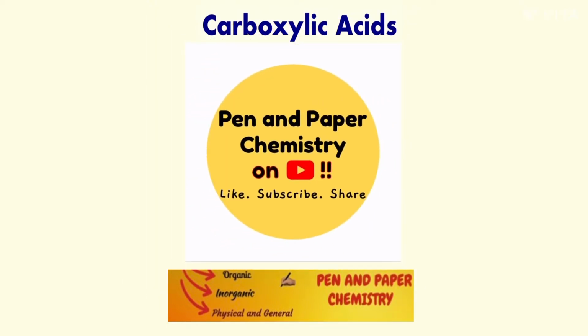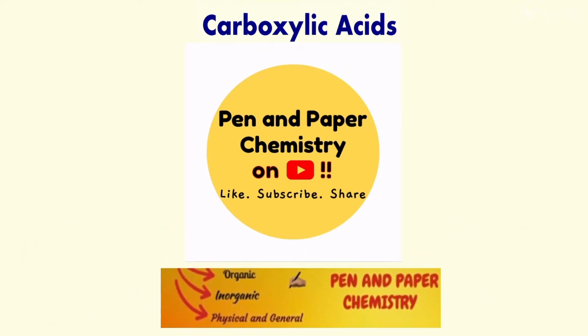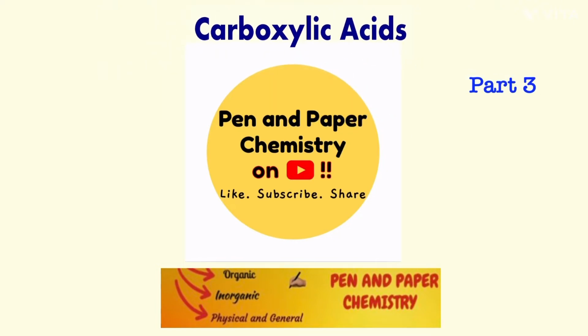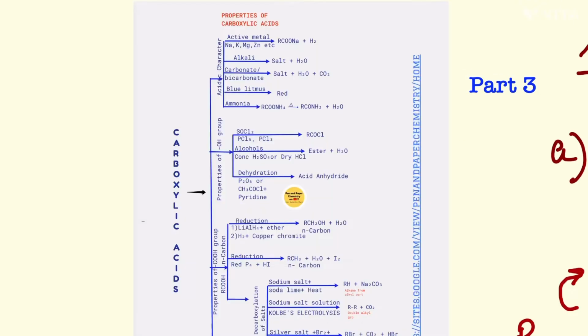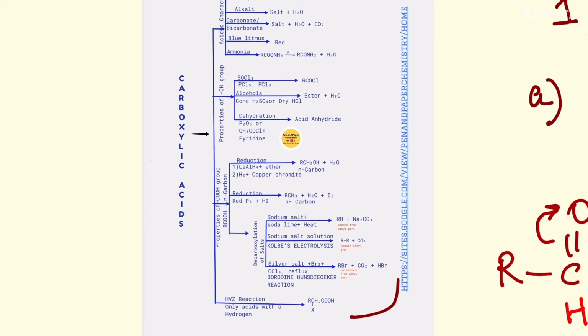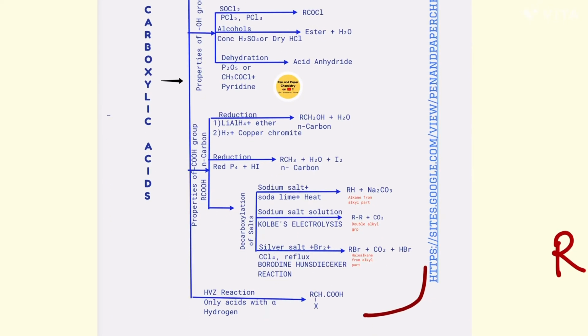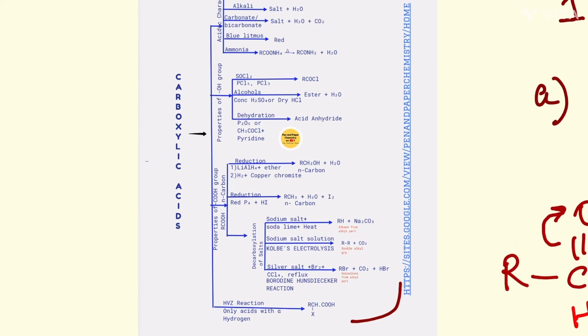I hope your pen and notebook are ready to take down notes for offline reference as we continue with the topic of carboxylic acids in this video. We have been covering the properties of carboxylic acids with the help of this flow chart that you see. And such flow charts are available for all the other topics on the channel as well. So for example, alcohols, alkenes, alkanes, alkynes, all of the topics have been covered with the help of these flow